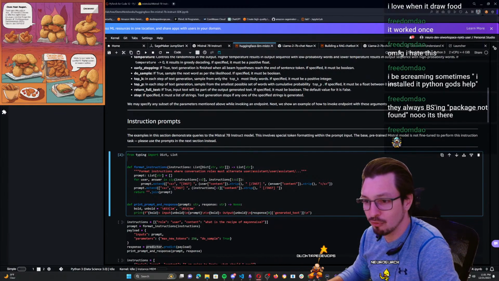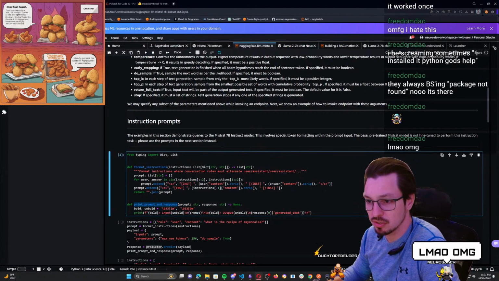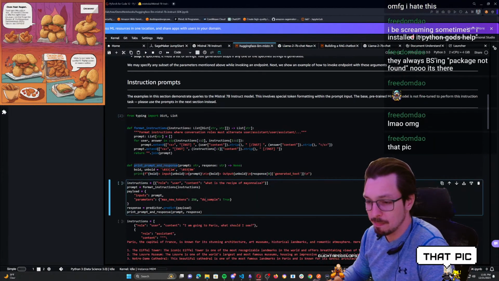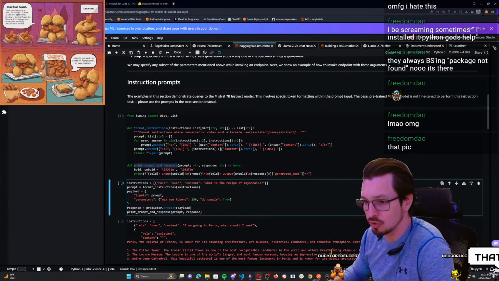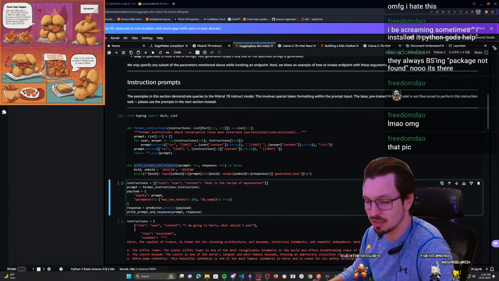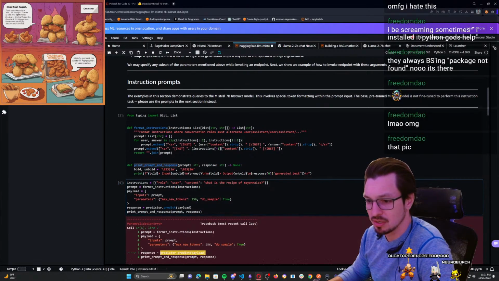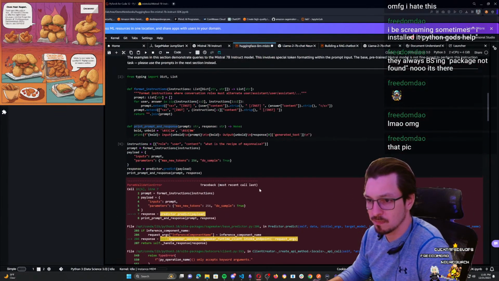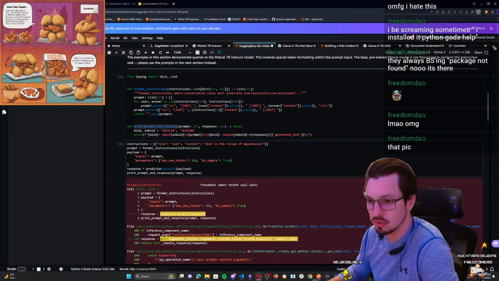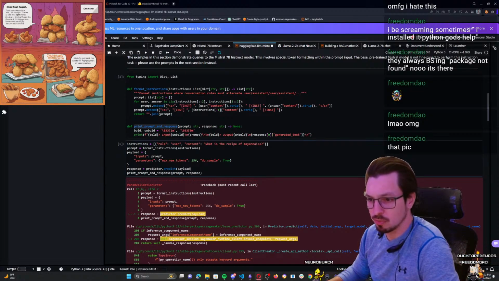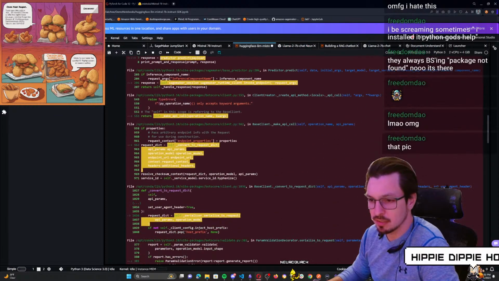All right, so format instructions is just going to format the instructions the way I want. Print and prompt response makes sense. Our instructions are going to be role user content: what is the recipe of mayonnaise? And format instructions turns into prompt, payload inputs prompt, parameters, new tokens, do sample. Response for payload, print and prompt response. Yeah, but